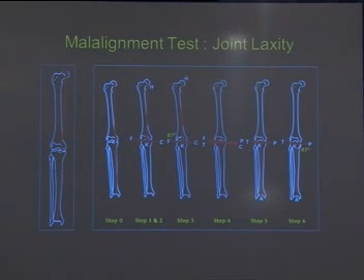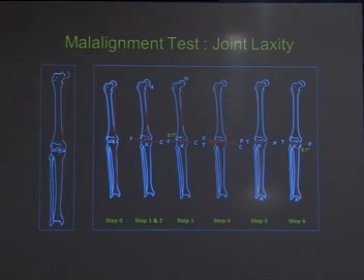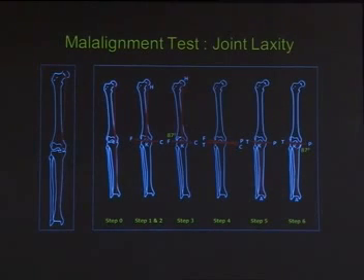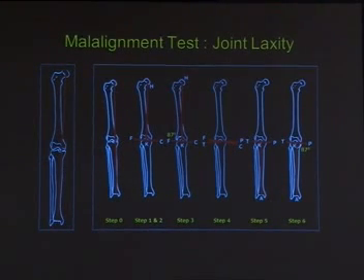If you do the same thing here, measure the condyles of the femur, measure the condyles of the tibia, mechanical axis of the femur 87 degrees, mechanical axis of the tibia 87 degrees, though the malalignment test shows that there is a deformity. Now you can find out where the deformity is, because the condyle line of the femur and the condyle line of the tibia are different, which shows 5 degrees laxity of the ligament, showing the deformity of the joint itself.